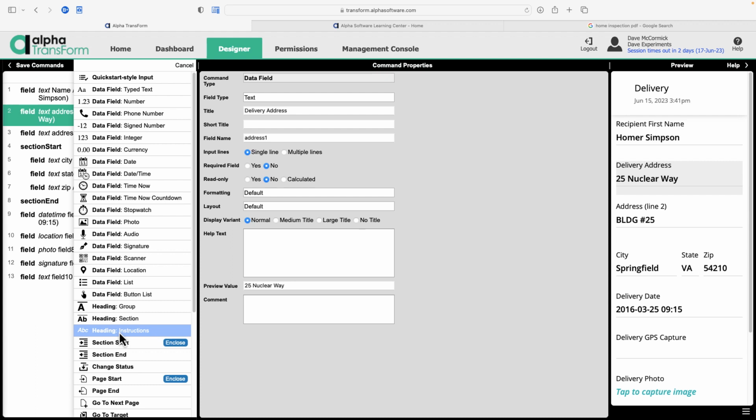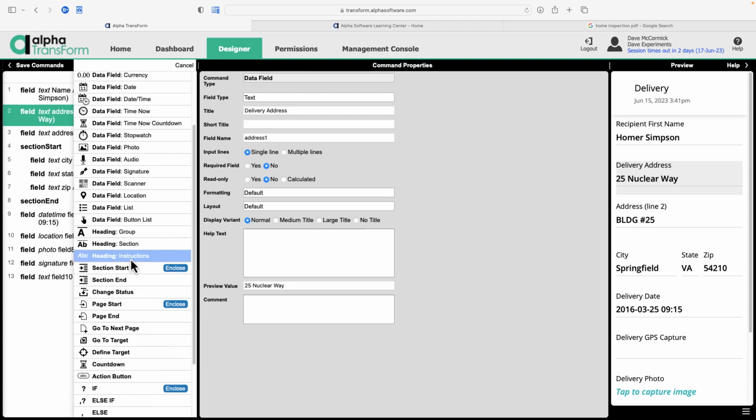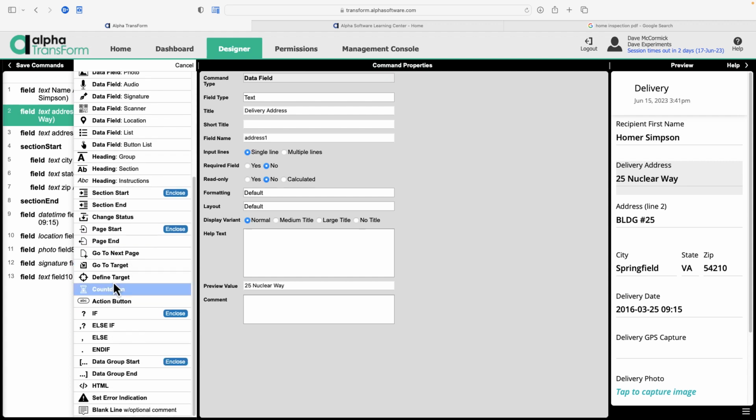When you add an instruction, it adds a little question mark next to the field that they can tap on, and when you tap that, they'll see the instructions that you left them. You can also divide longer forms up into sections or even into pages, and you have the ability to jump to particular places on a form by defining a target and using a go-to-target command to jump right to that